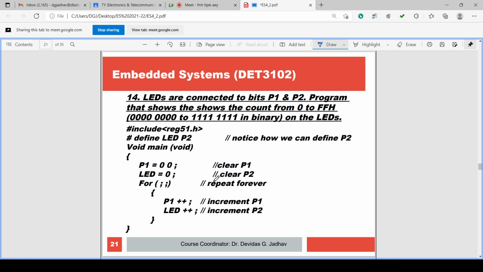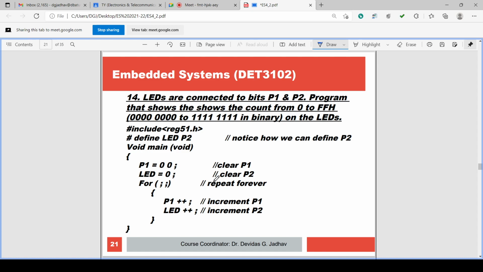That means all the LEDs will be off at first, then the LSB LED will glow, 0000 0001. Then the next bit is glowing: the LSB or 0th LED is not glowing, the first LED is glowing, 0000 0010.